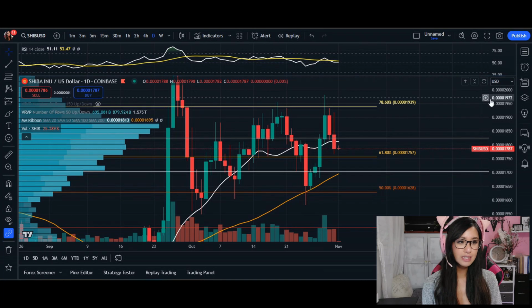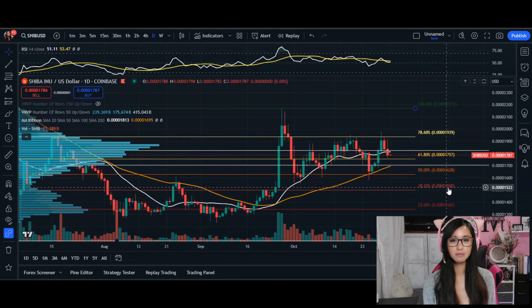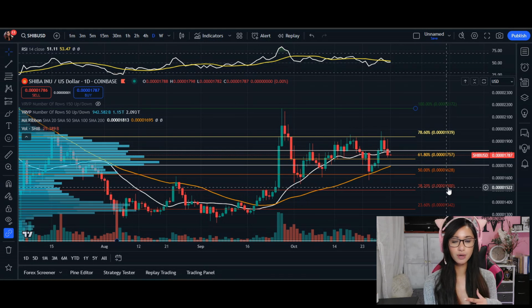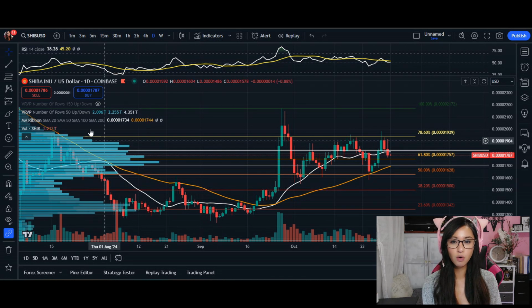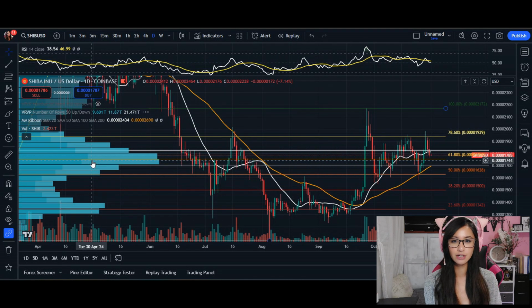But let's quickly take a look at our volume profile because this is going to show us the amount of trades, but most importantly, where the price point is at. So we can see a whole bunch of clusters here. Once the price moves away from that volume cluster, it is going to move to the next area of clusters. So we can see the price point here is at the very high of 1803 down to the area of